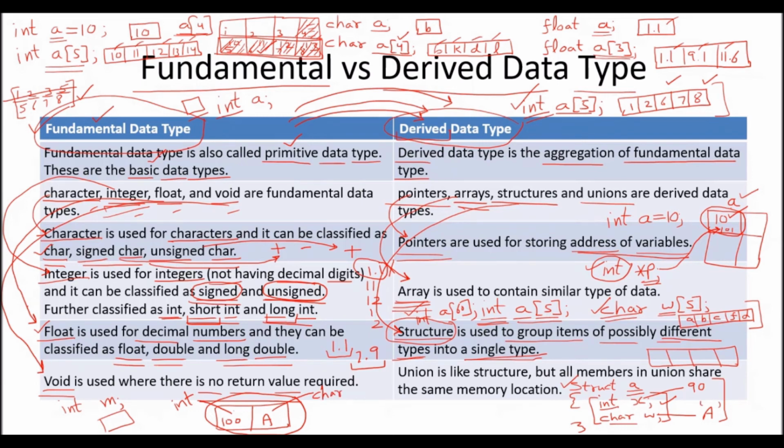So whenever any single entity, because this complete block is a single entity, is having two different data types inside it, there I want the structure. Let us suppose that this complete entity is named S. This S entity is having two blocks, one of integer, one of character. Okay, integer will store the marks 100 and character will store the grade.